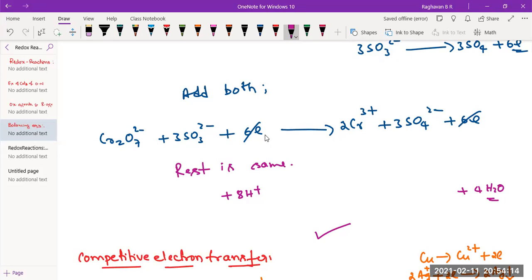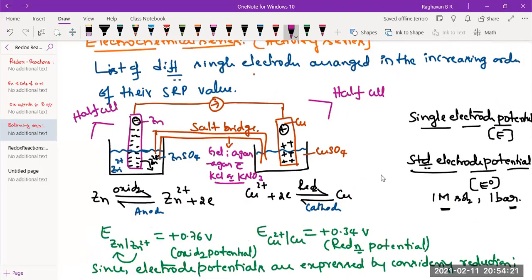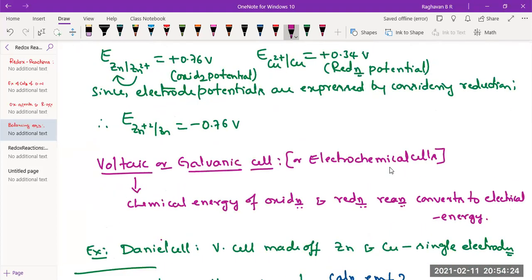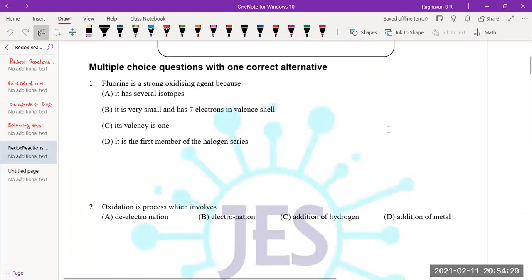Fine, and also equivalent mass, all those things which we would have learned, and I'll explain them when we take up the examples. So with this, we'll get into the questions. Okay, MCQs. It's been posted in the WhatsApp group also. If you can't simultaneously open that, you can pay attention and open it later. Anyhow, you need to mark or write the answer in your notes, so that when you check, you'll be able to understand. Fine. Question number 1.